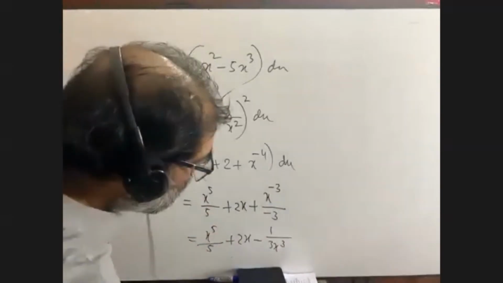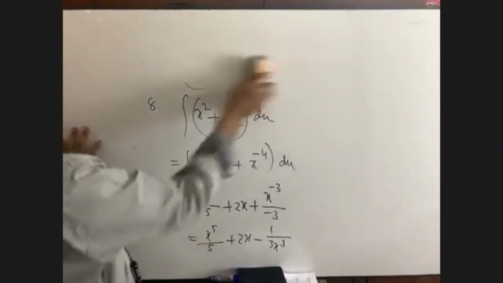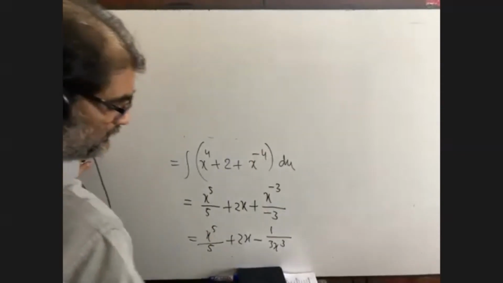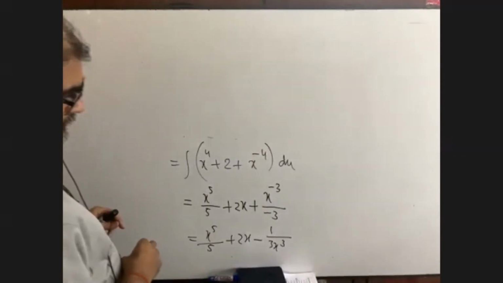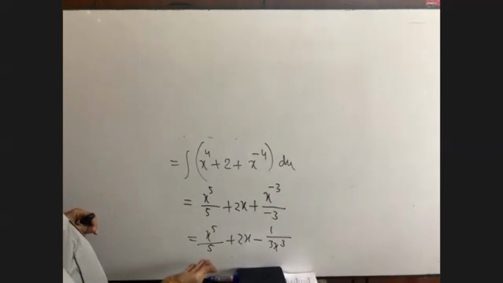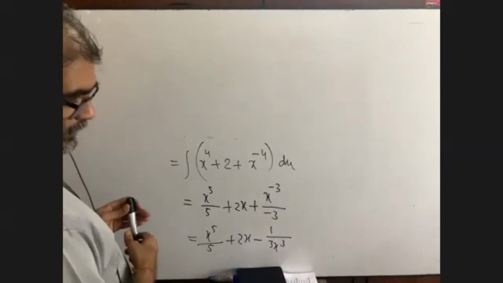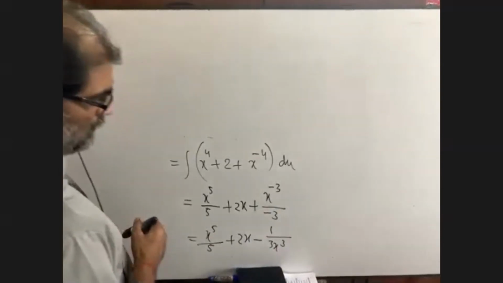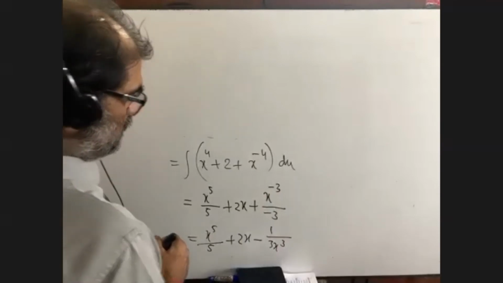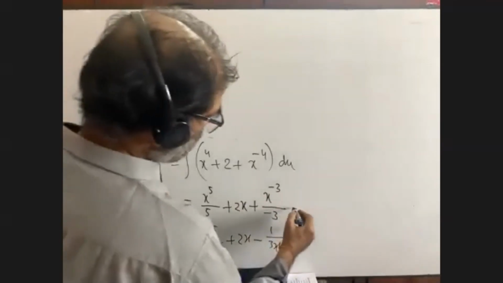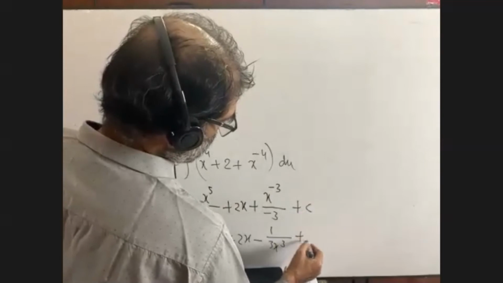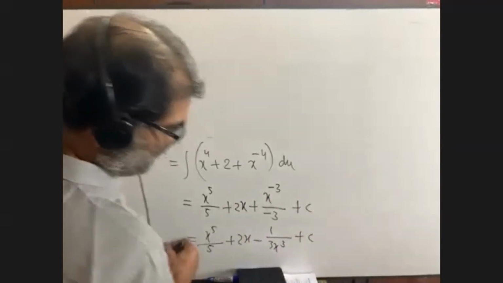Next we are going to question number 9. Sir, we have to add C, don't we? I mean LCM. No sir, we have to put plus C at the end, right? Oh, you are absolutely right. Plus C. Write down plus C. Okay. Then question number 9.